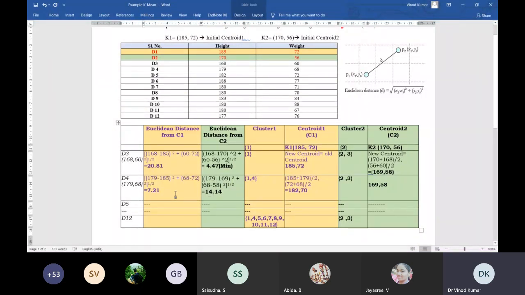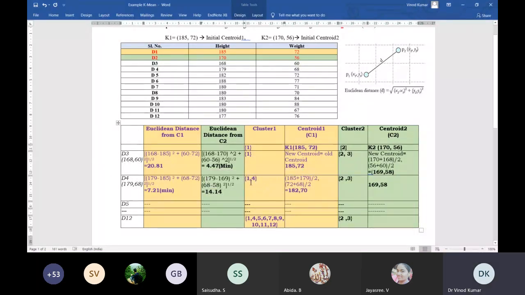So now you can see here which one is minimum. This distance is minimum. So D4 will go to which cluster? It will go to the cluster C1, because the distance from the cluster C1 to this object D4 is minimum compared to this one. So I will assign this one.